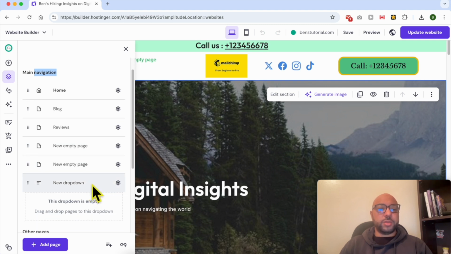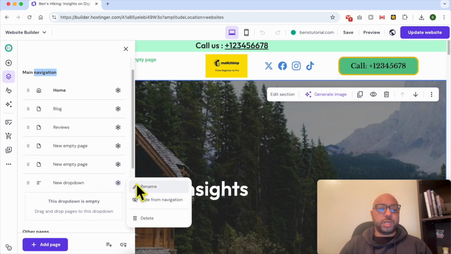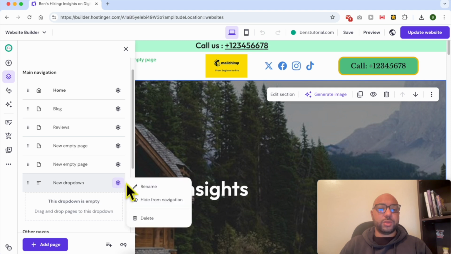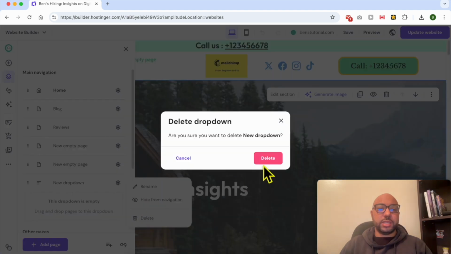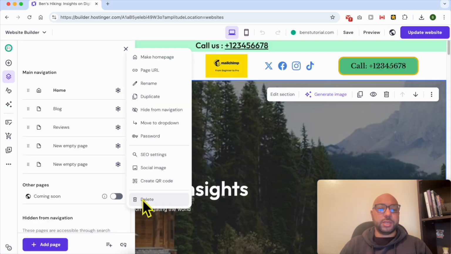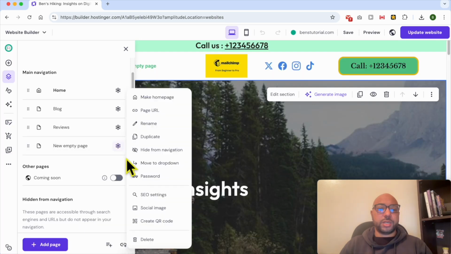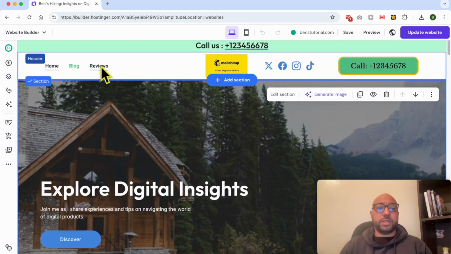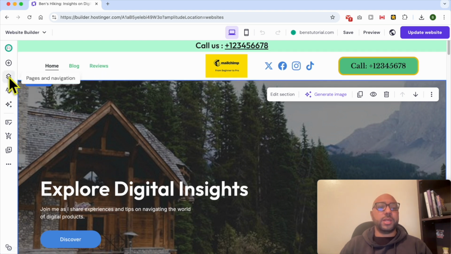options or elements. To delete a menu, click on this little wheel next to it and hit delete. Confirm your selection. Same thing with the other elements. Now this is my new navigation, and to add a new navigation menu, simply click on